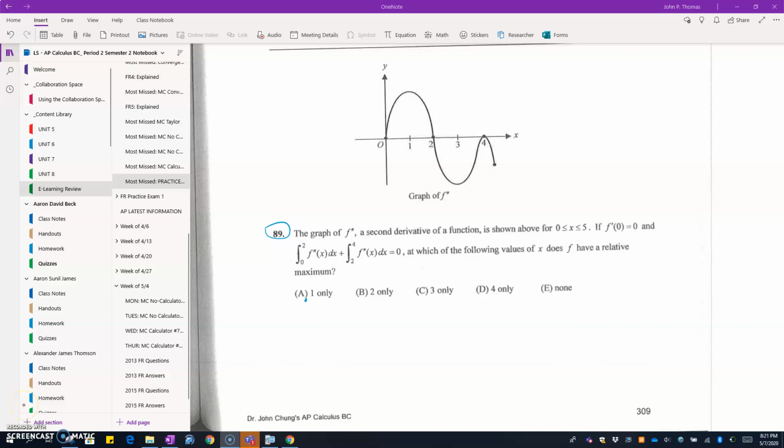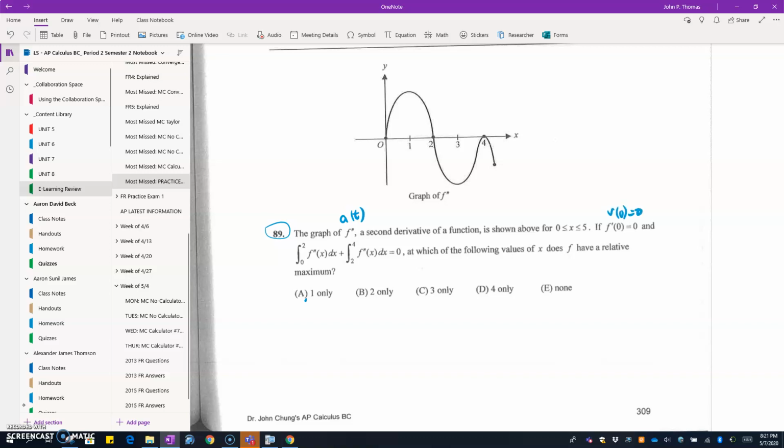All right, now taking a look at number 89, it says the graph of f double prime, the second derivative of the function is shown above. So I'm going to think of this as an acceleration function. All right, and it says for 0 to 5, if f prime of 0, so if the velocity,